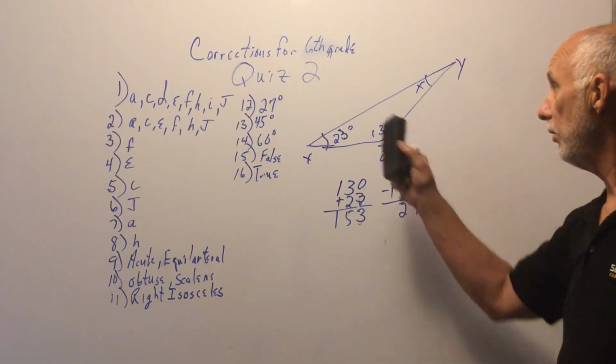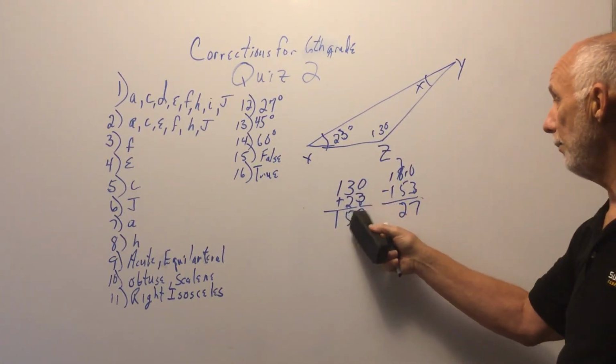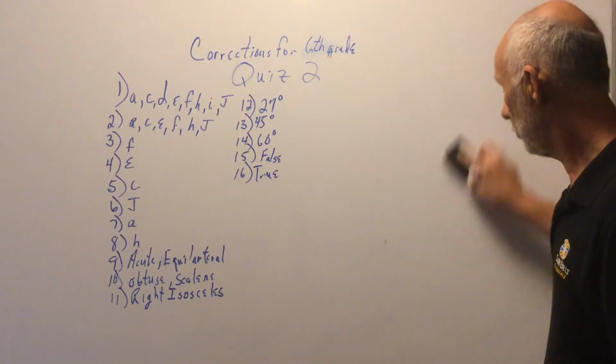But the important thing here is you have to add the two angles you know together, take that sum and subtract it from 180, and that will tell you the missing angle. The next one here